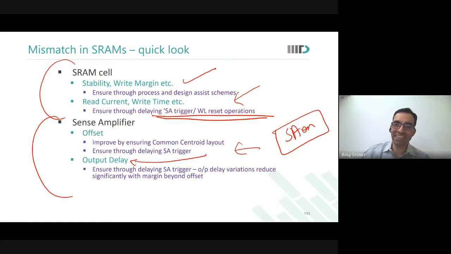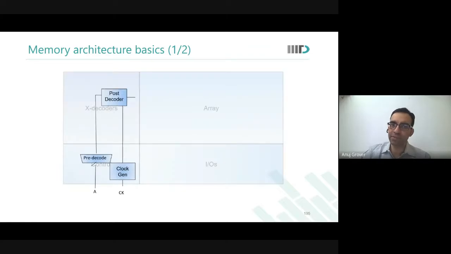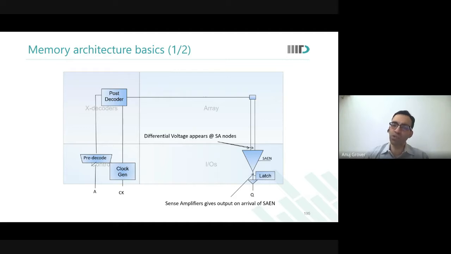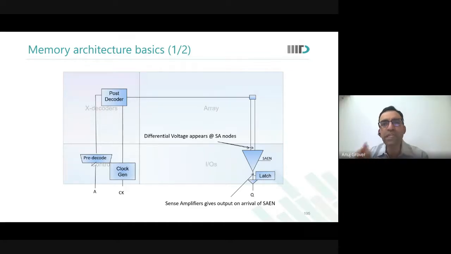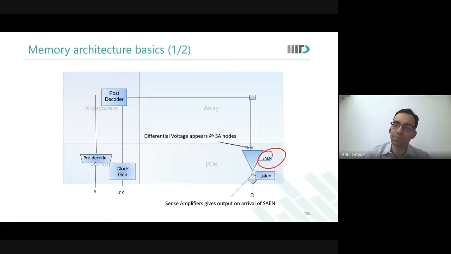So, we are saying that there is a memory. We review this again. Clock comes. It selects the word line. Decodes the word line, selects the word line, discharge happens. And when sufficient discharge has happened, SAN comes and output comes. This was what we talked about. Yes, sir. So, who tells SAN that now you can come? Where will you get this from inside the memory?